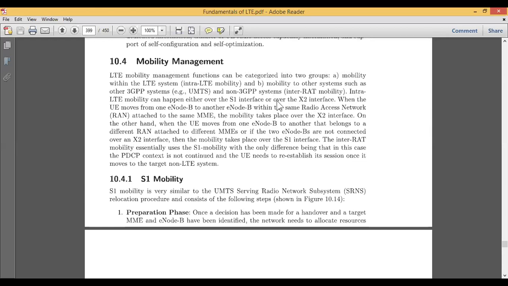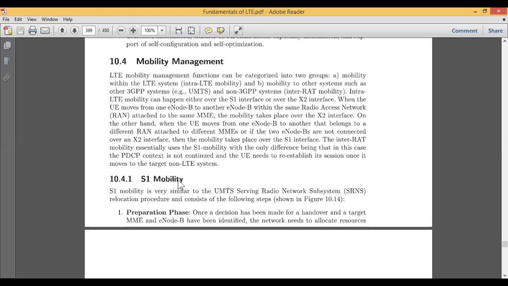It will fall under the category of intra, in the sense everything will be under the same radio access network. If all the resources are under the same access network, then obviously there will not be any kind of handover problem. The resources are easily allocated, and the user equipment can easily do the handover procedures, come back, and release the resources back to their normal state.